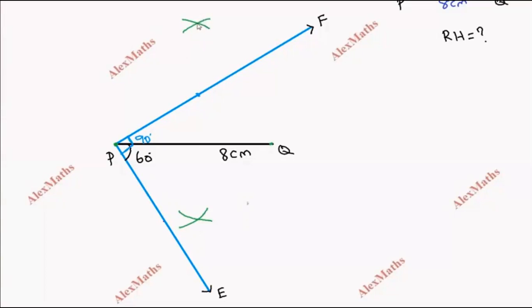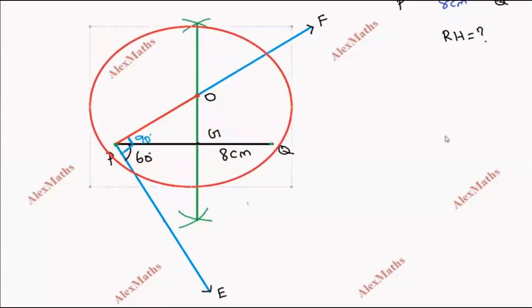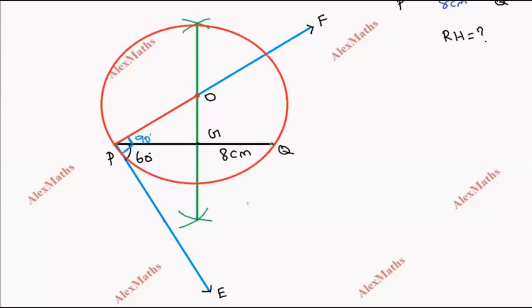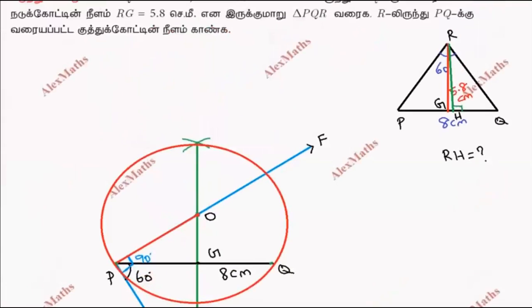You all know how to draw the perpendicular bisector, okay? Now you can join. You will get the intersecting point of the perpendicular bisector and the 90-degree angle. That point you can mark it as O. Now the important thing is going to start. With O as center and OP as radius, you have to draw a circle. Okay. So this circle should pass the points P and Q.